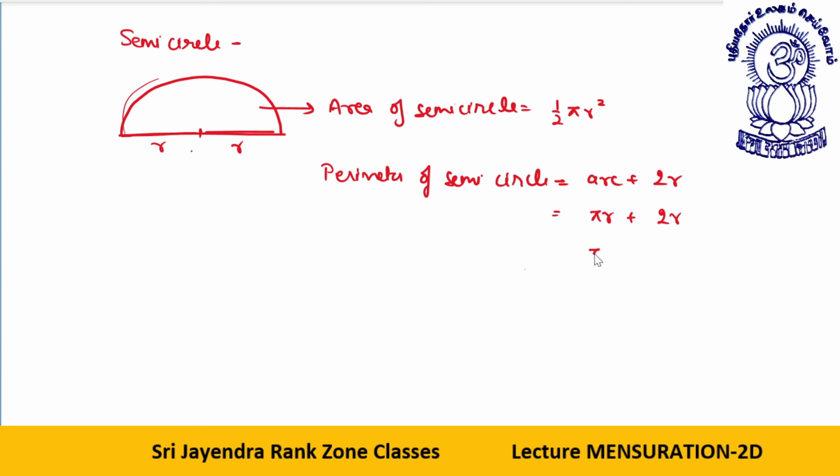You take r common. That gives you r into pi plus 2. I'm sure this must be clear to all of you. So this is the basic concept of a semicircle. The area is half pi r square and the perimeter of the semicircular portion is r into pi plus 2. Now if I proceed ahead,